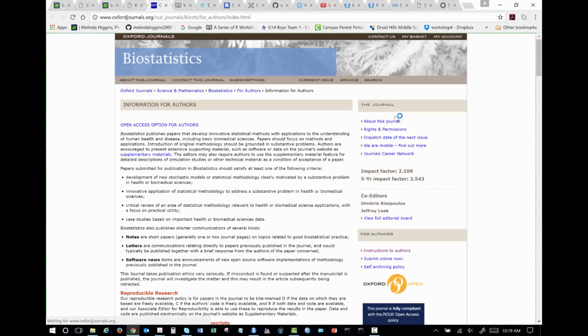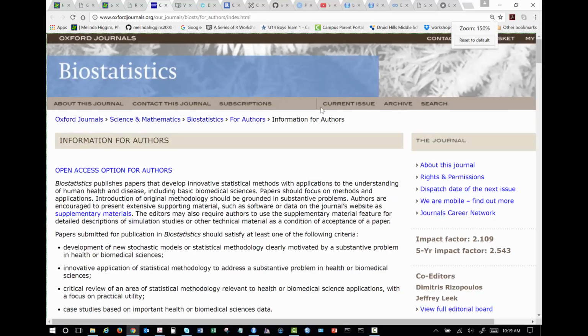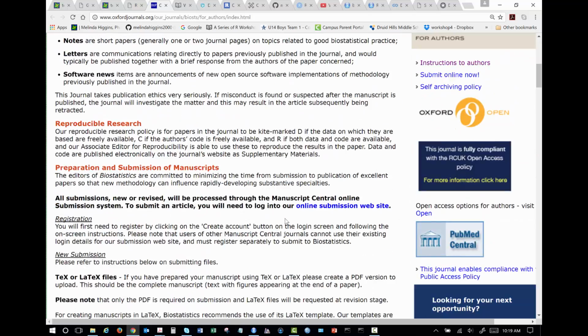This is in their instructions to the authors. They actually have information where your article will actually get ranked. So if I scroll down here just a little bit, there's a statement here. It says, our reproducible research policy for papers to the journal, they get, I'm not sure what kite marked means, they get a D if the data on which they're based is freely available.